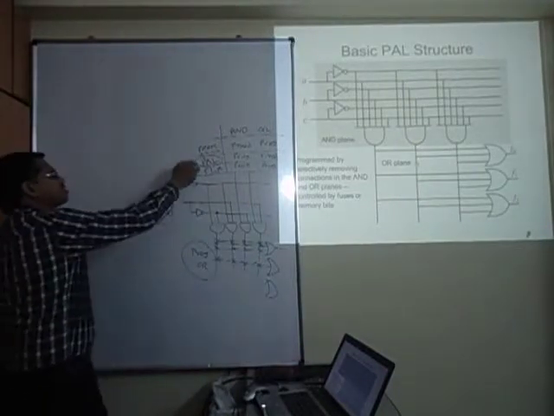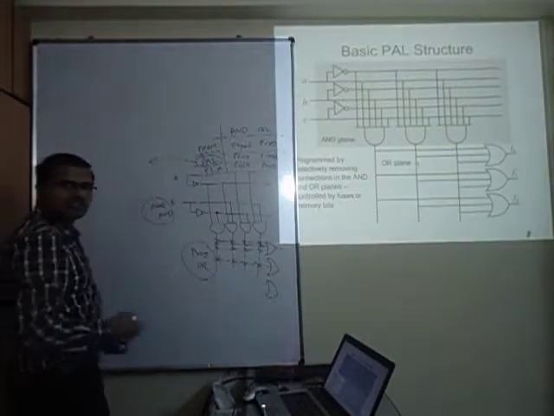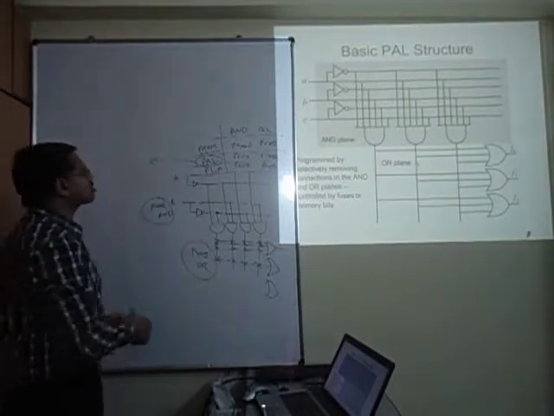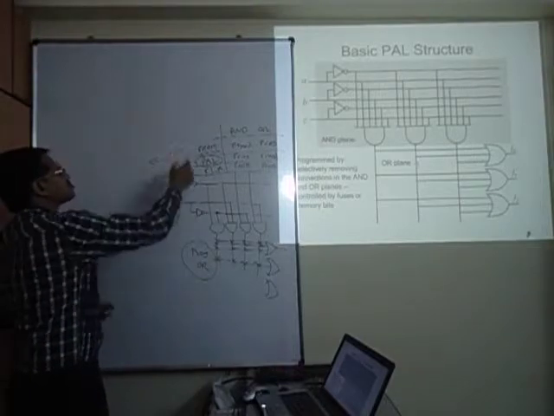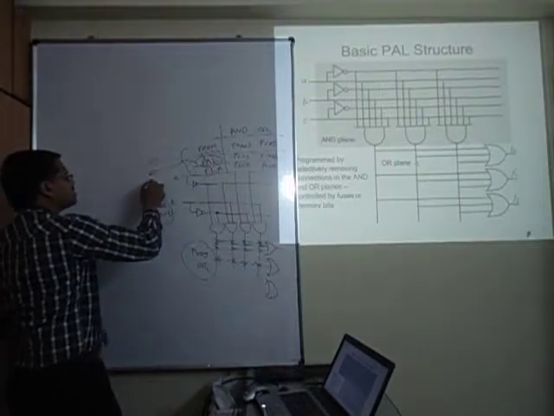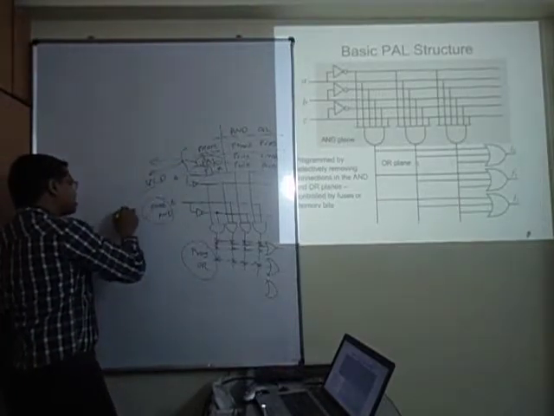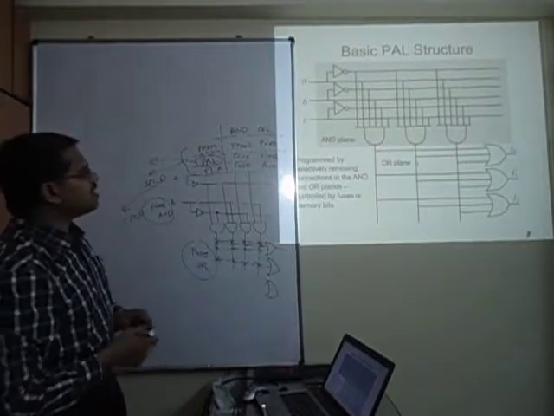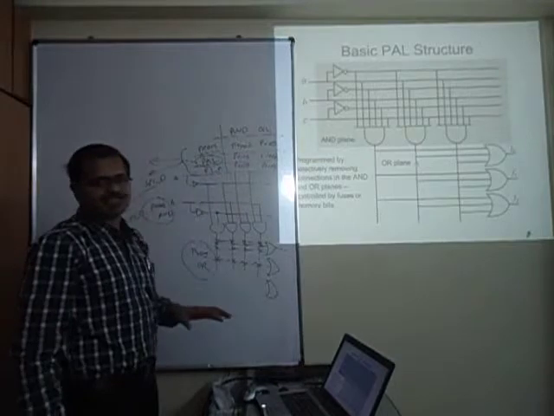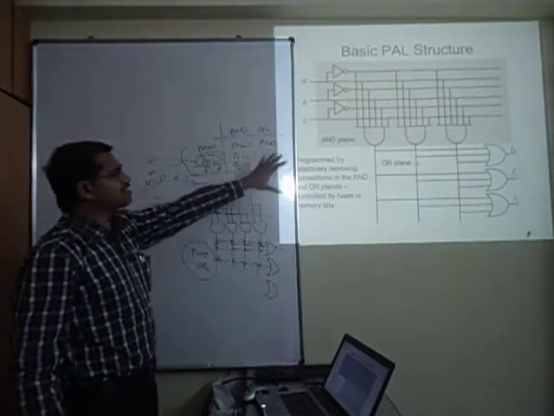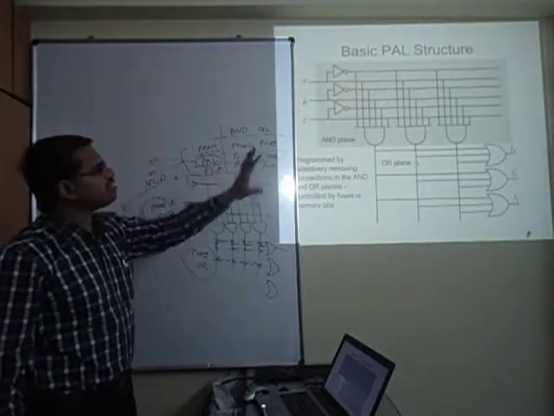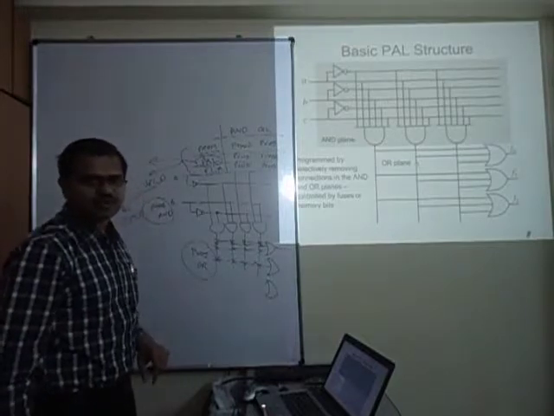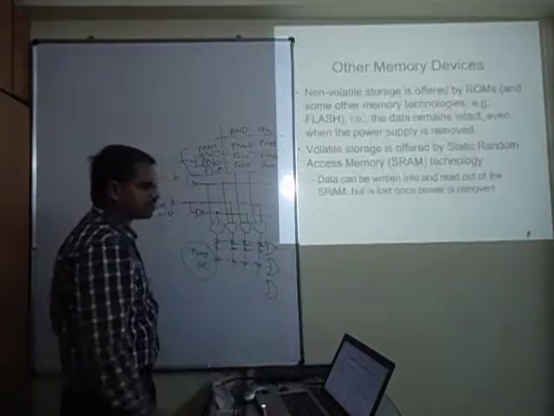But we talk about this later when we talk about CPLD and FPGA architectures, because an extension of these was called SPLD, and later a further extension of this was called CPLD. All that we will study later. For our immediate focus, we just want to appreciate the fact that you can realize the combinational Boolean function by this kind of architecture also. That's what we want to concentrate on now.